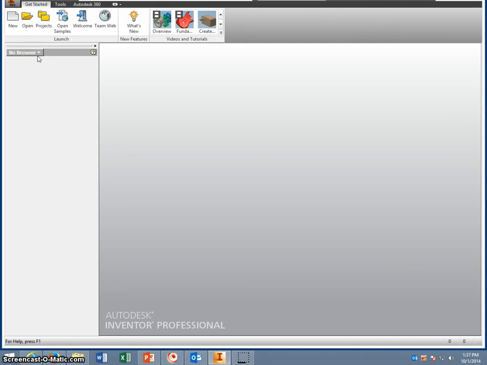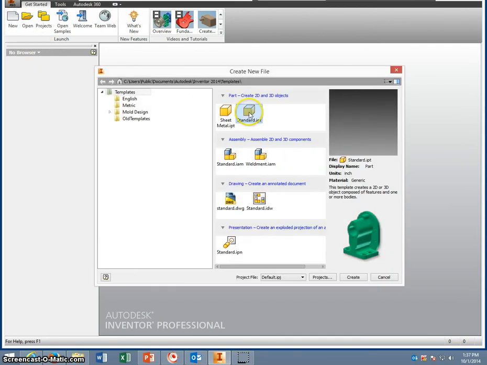Okay, this video is going to show you how to create the spiral slide for your playground set. The instructions are in your packet as well as this video. First thing we're going to do is go to New, Standard IPT,